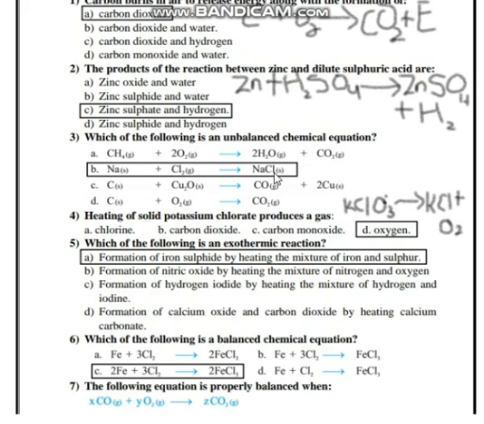In the case of sodium, when solid sodium reacts with chlorine gas Cl2, it forms solid NaCl, salt. It means that one atom of sodium is used in the reactant and only one atom of sodium is produced in the product. So it is balanced. But in the case of chlorine, there are 2 chlorine atoms used in the reactant, but only one chlorine atom is produced in the product. So it is an unbalanced chemical equation. Right option is option B.